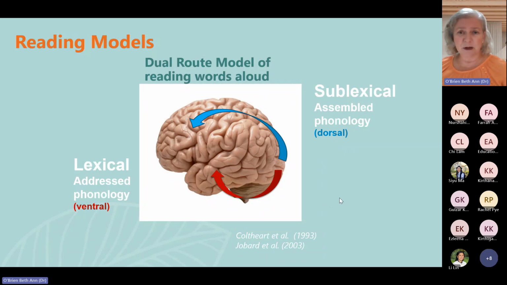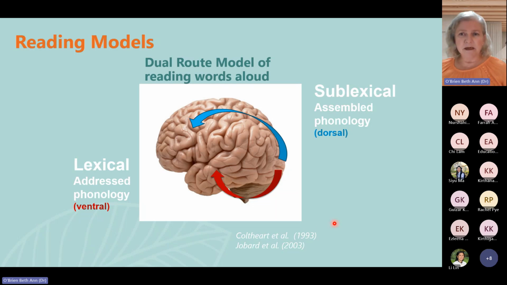That is, for regularly spelled words, readers can decode these letter by letter and sound by sound, and then blend them together to read the word out loud. And this is referred to as assembled phonology. And there's been much research and some meta-analyses also of brain processing and neural networks to show that these types of processes are related to a more dorsal pathway in the brain, so involving parietal and frontal areas. And in this case, they refer to this as also a sublexical pathway because you're looking at information beneath the word level, smaller than the word level.